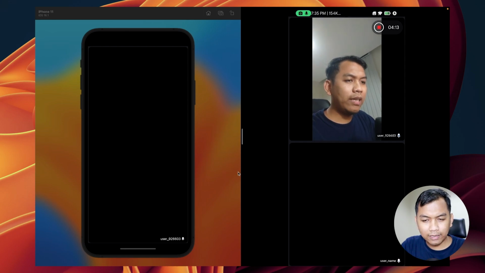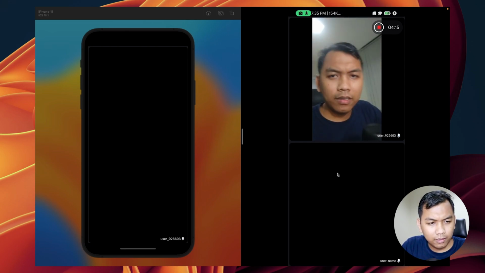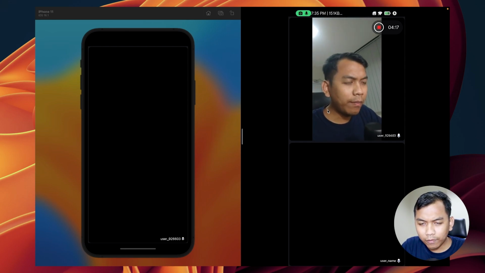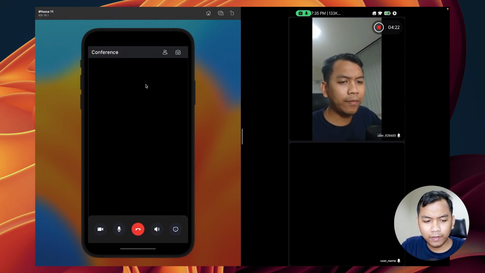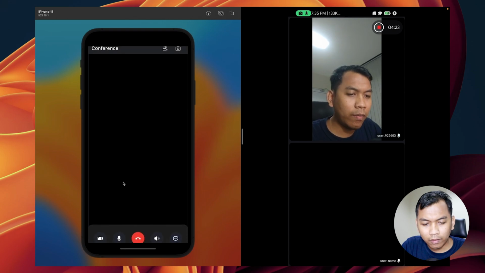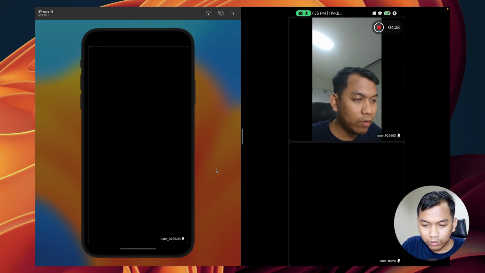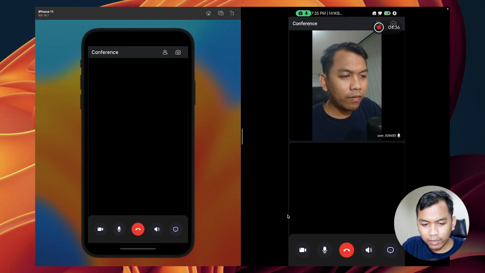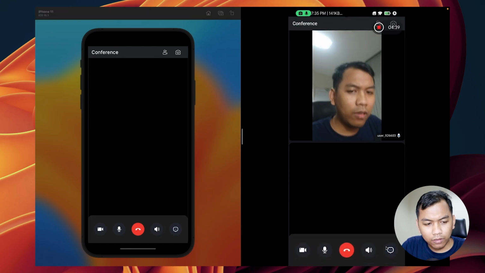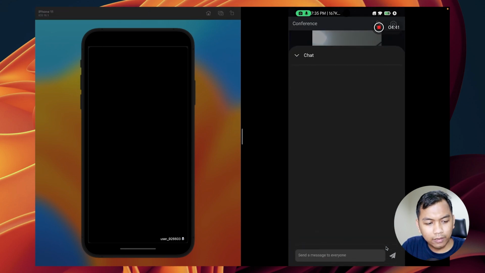So yeah, as we can see, this is our app. On the right side is Android, and on the left side is the iOS simulator. It also has a chat.